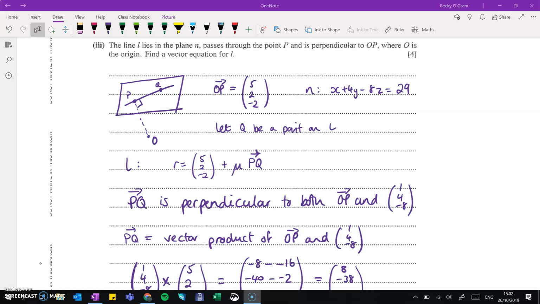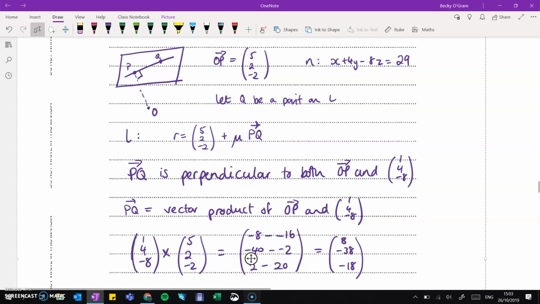Now I've labelled Q as another point on that line just to make it easier to talk about. So we need the direction of this line, which we can call as it being P to Q. We will have the equation of the line being that start point, so the position vector for P, plus multiples in the direction of PQ. Now if we know that PQ